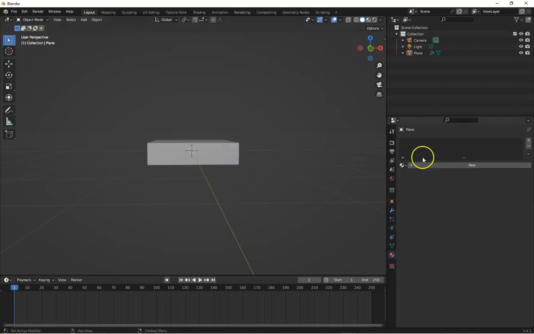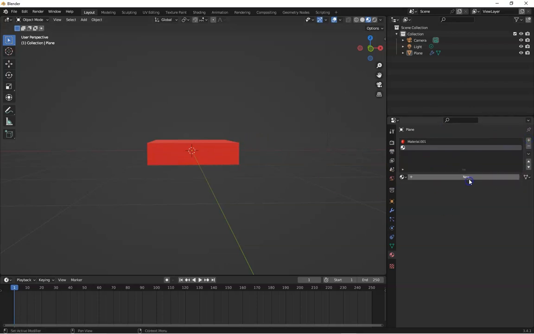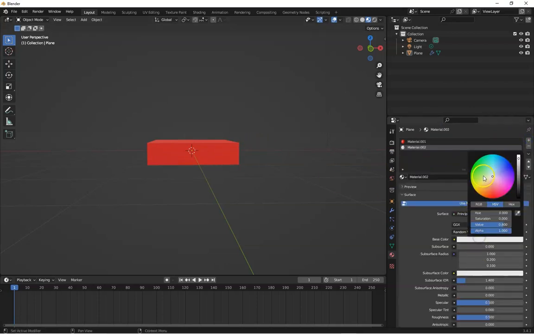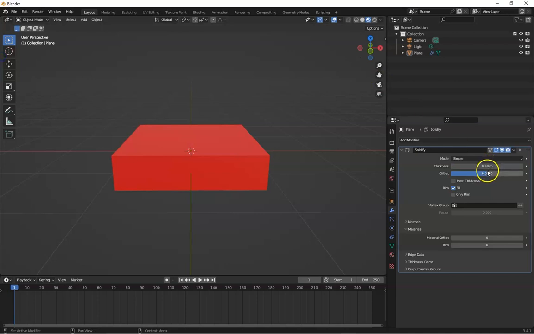Add a material on this geometry, red, and add one more for the solidified geometry. Let's paint it green, and now we can see